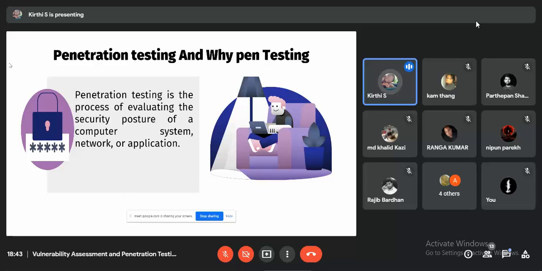So why do we need penetration testing? Penetration testing has the ability to identify and verify the system requirements, and it verifies whether the system is secure or not. The main purpose of a penetration tester is to identify the exact environment where the attacker can break into the system. A malicious attacker can break into the system and seize sensitive data, and it also leads to revenue loss.